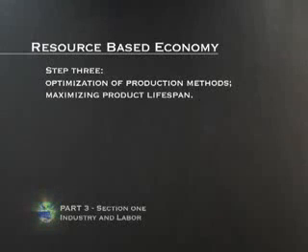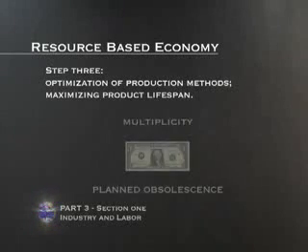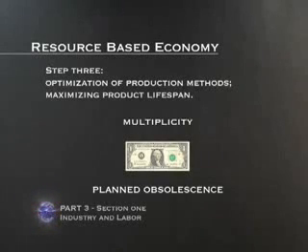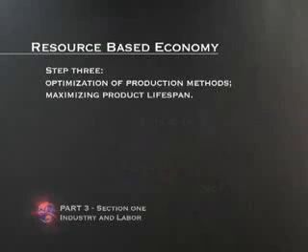For, as previously discussed, the monetary system thrives on multiplicity and planned obsolescence. Without it, the whole economy would collapse. In a saner world, we would make things that last. The optimization of production methods is about using the most powerful materials and methods while outputting the most long-lasting and